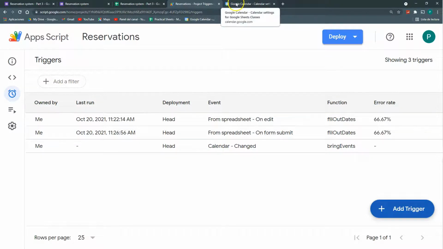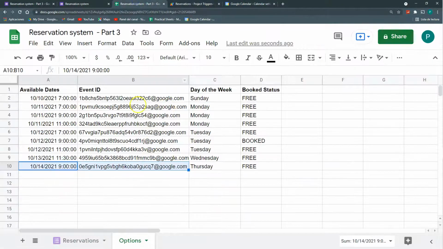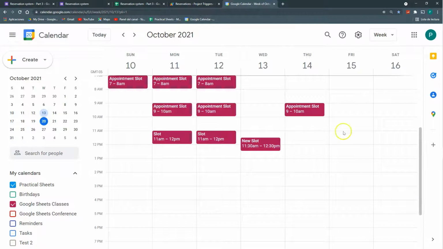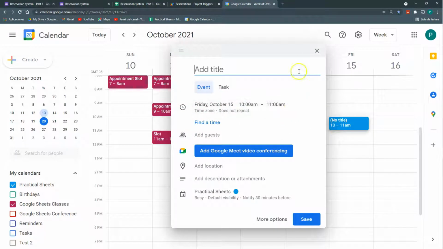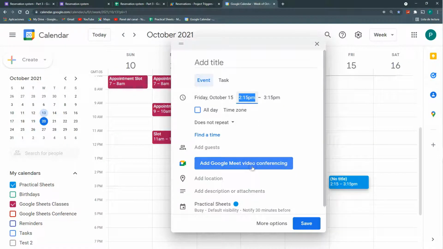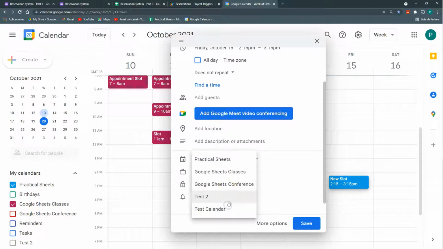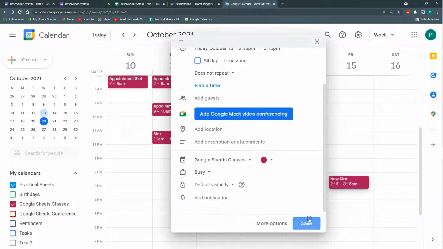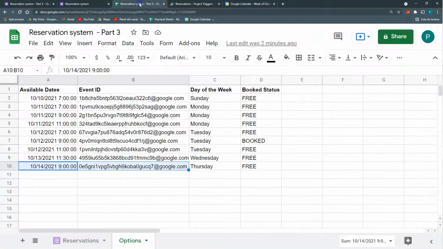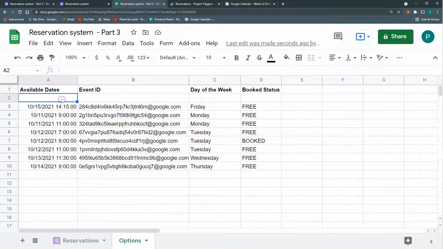Let's see. Once the calendar is changed, everything will run perfectly. First the bring calendar, then the fill out dates. So let's go back and create one on Friday the 15th. Let's say at 2:15 p.m. so that we can identify it easily. New slot. Again, don't forget to choose the correct calendar, Google Sheet classes. Let's save. New slot 2:15, 15th of October. Let's go. Something here